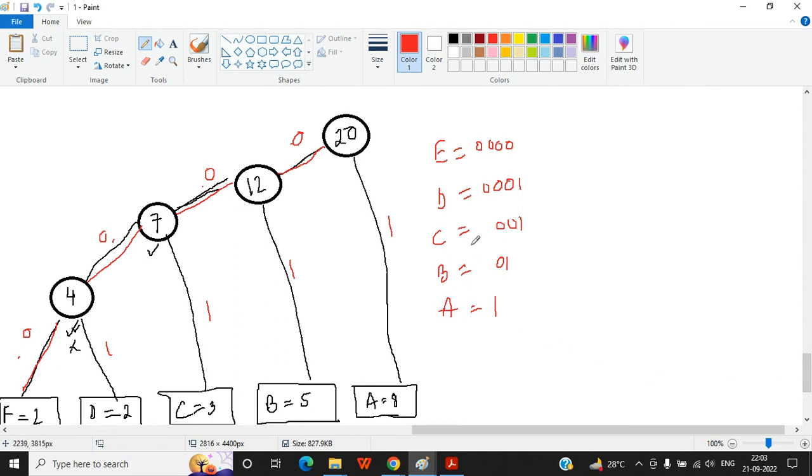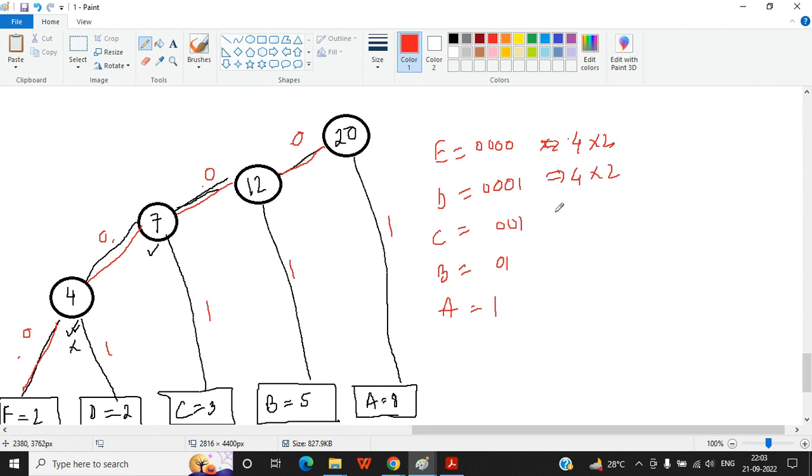Now let's calculate how many total bits it will occupy. I have to go now, so I am making it fast. E was 2, so here the number of bits is 4 multiplied by 2. D is again 2, so the number of bits is 4.